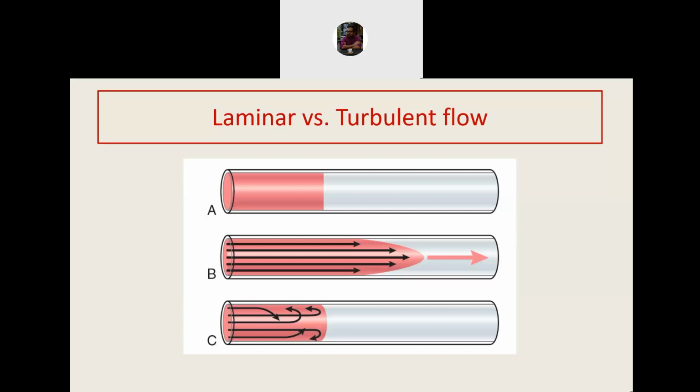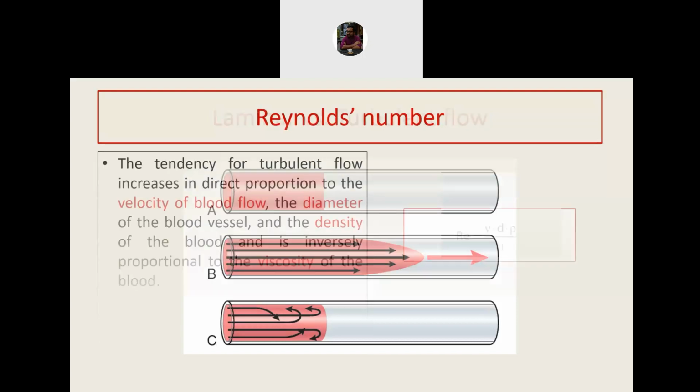On the other hand, if the blood does not follow this laminar pattern and forms jerky flow or eddy currents, then it will start producing noise. Such noise can be picked up by a stethoscope or sometimes even audible to the naked ear. This kind of flow is known as turbulent flow, where this parallel flow profile is not maintained. So what causes the laminar flow to turn turbulent?